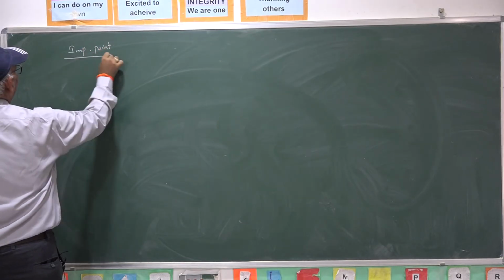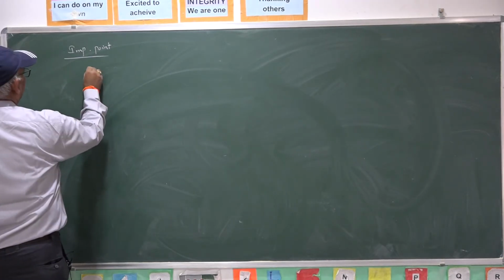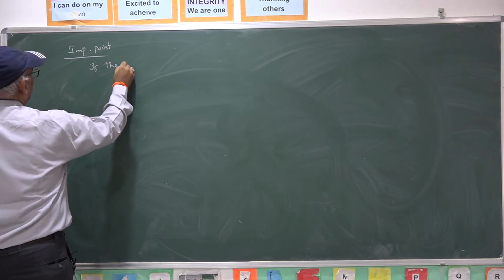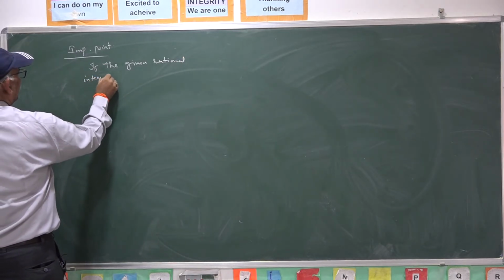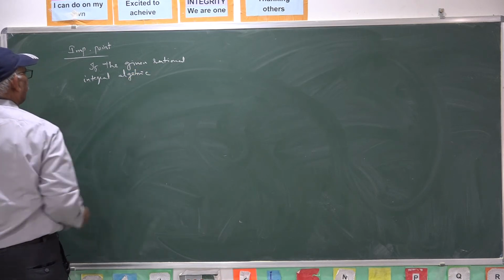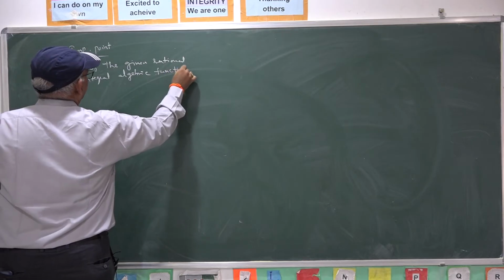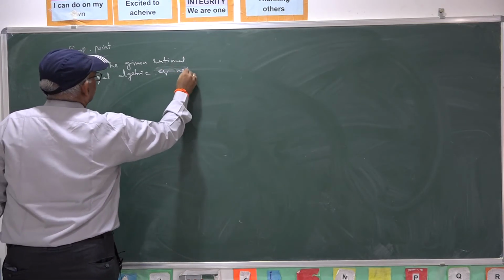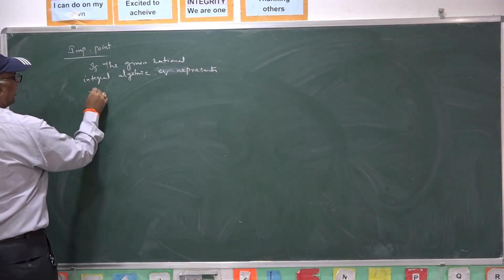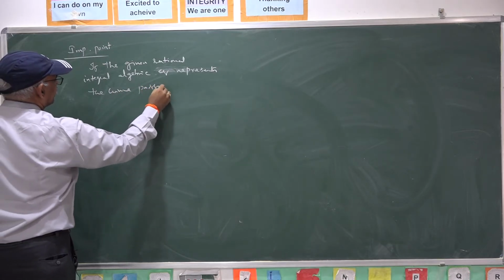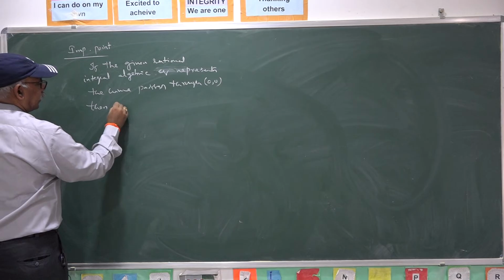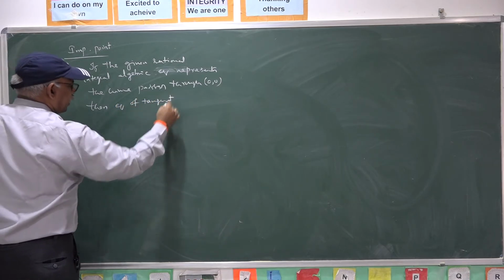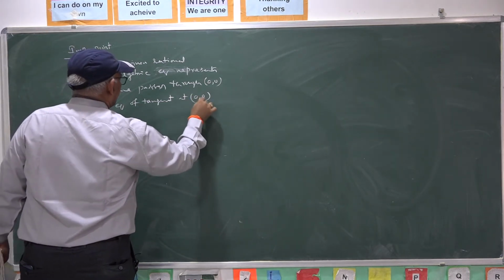Next important point is, if the given rational integral algebraic function or equation represents a curve that passes through origin, then the equation of tangent at origin to that curve